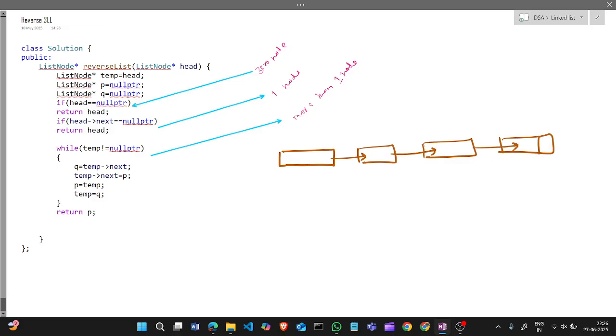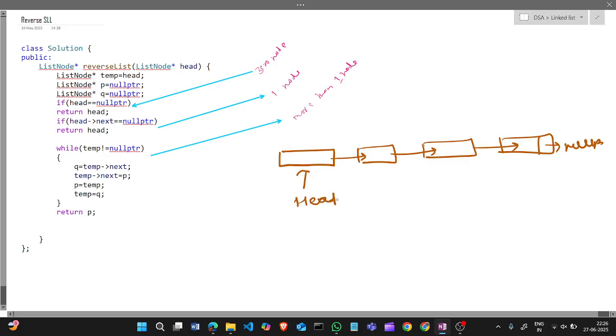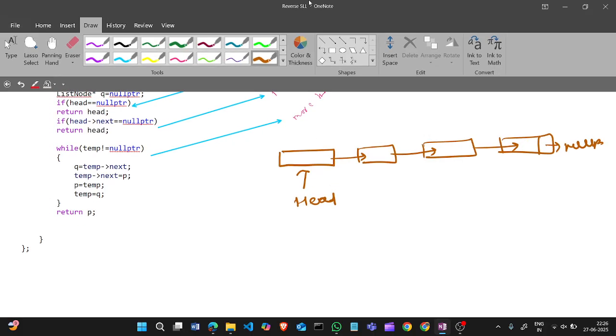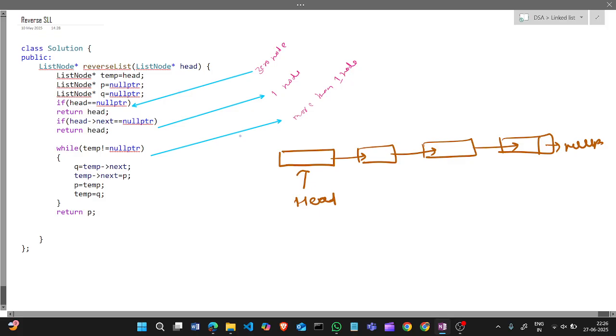So this is the last node, the null pointer, and this is the head. Okay, now we have taken temp, which is also pointing to the head, and p and q, two null pointers.